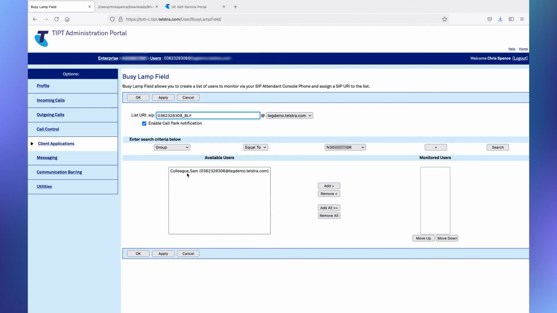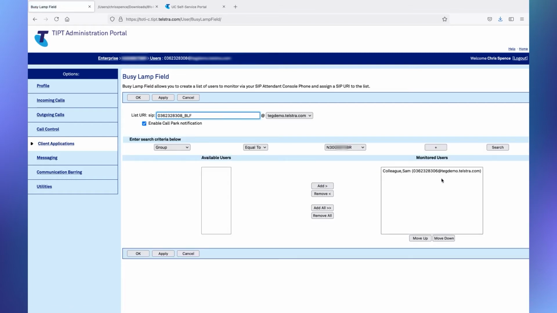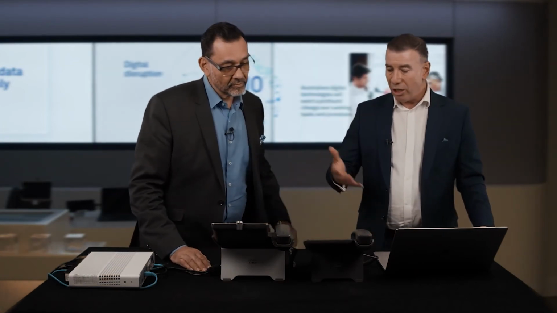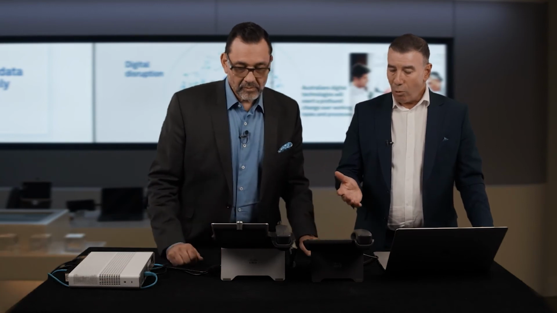There you go. So we click on Sam Colleague and we hit the add button, and Sam is now a monitored user on the 8865 at phone number 62328308. All right. So we can just OK that or apply it. We'll just hit OK for now. Now, when we do this, we don't actually have to reset the phone. Instead, what will happen is this is virtually an immediate update to the phone. So when I OK it, what we can then do is watch for a changed reaction on the phone